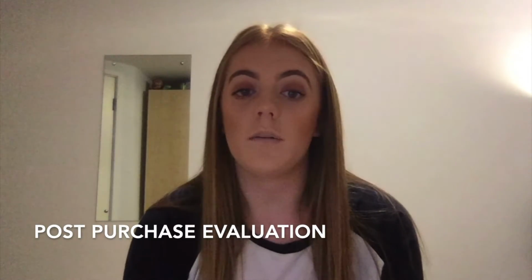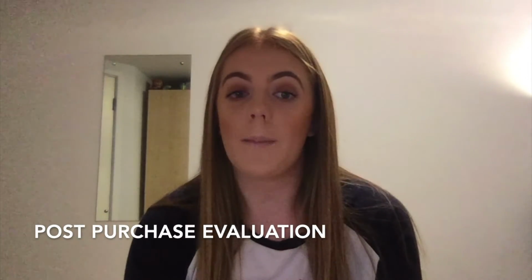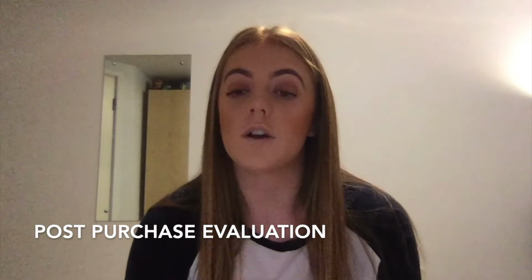I know Boots have a good reputation for high quality food, and although I may have got this purchase cheaper elsewhere, there is a possibility my buying habits sway towards Boots more due to my Boots card and collecting the points. These benefits may outweigh the higher price that I paid in the future. Finally, there was post-purchase evaluation. I was extremely happy with my buy and I will purchase the sandwich again as it solved my problem that